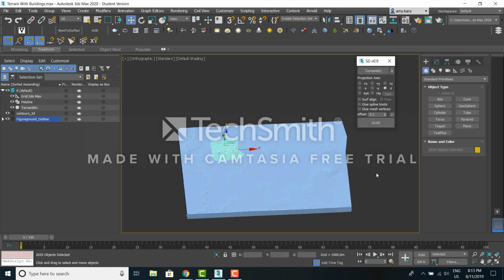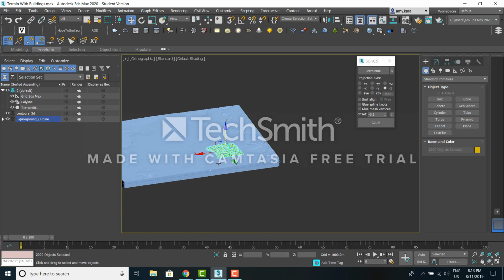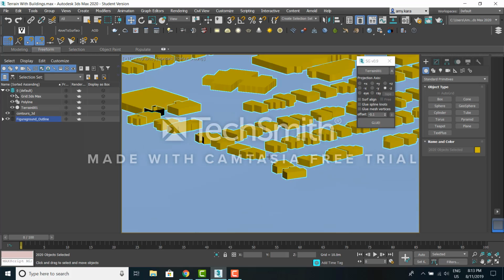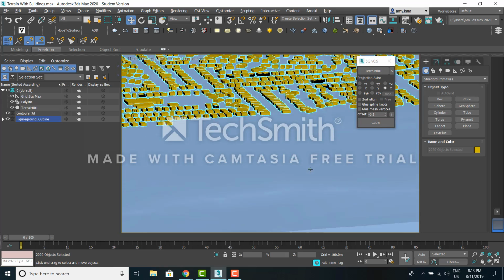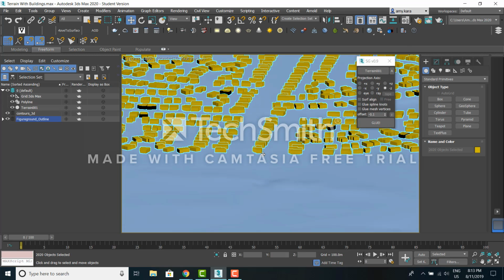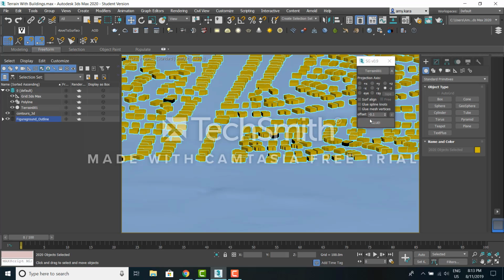And as you can see, it has now dragged those buildings down to the terrain. And as you can see, the buildings actually go a tiny bit below the terrain, which is what that offset